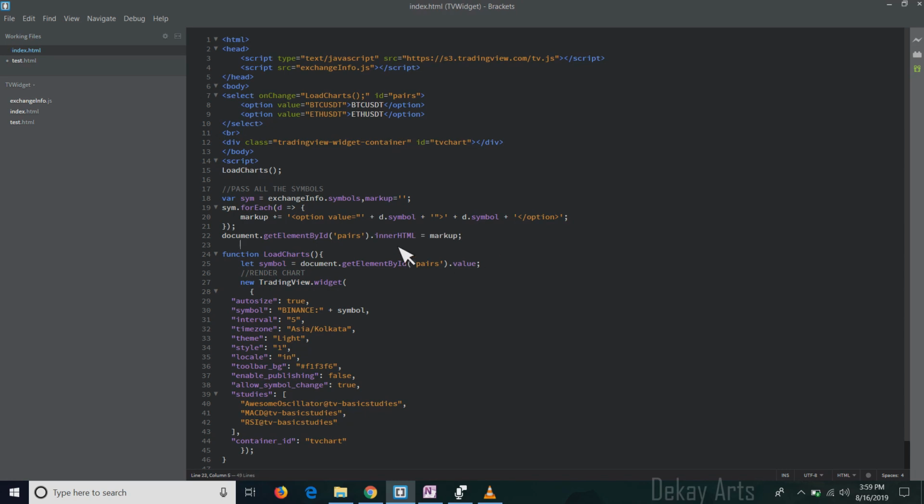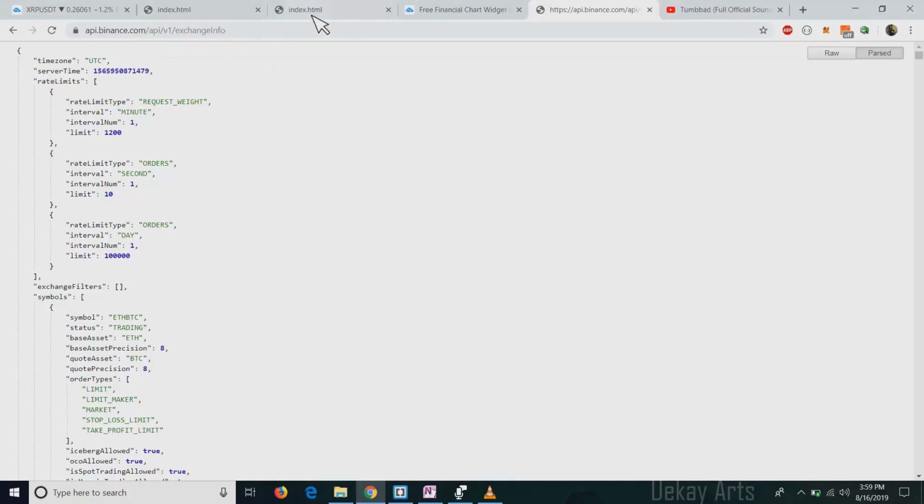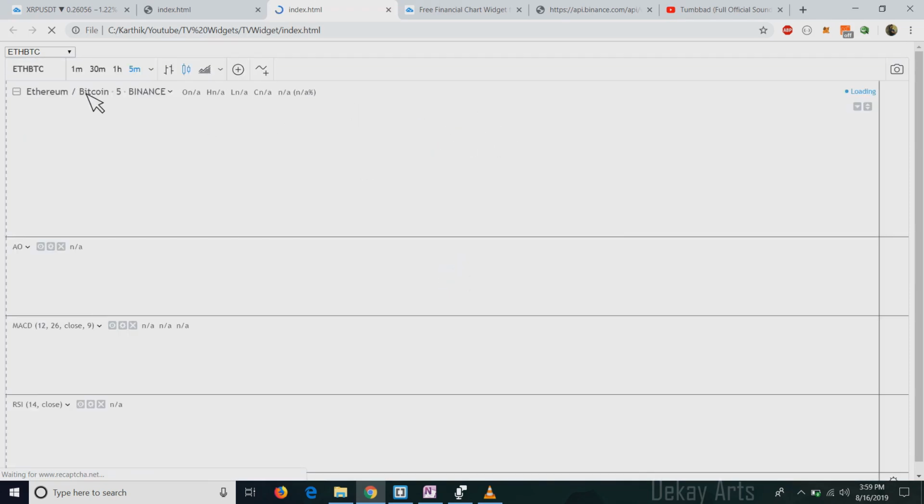The reason I used innerHTML is because if you look at all the options, these are present inside the select tag, right? These options are HTML components that reside inside the select tag, so they should work. Okay, and I can remove these two options from here. Maybe just put BTC, because when I initially load the chart, okay, I can do one thing. Instead of loading it here, I can just load it here. Okay, yeah, and try removing the options and see if it works or not. I'm just commenting it out. We hit refresh. Yeah, it works. So it's opening ETH BTC for now.